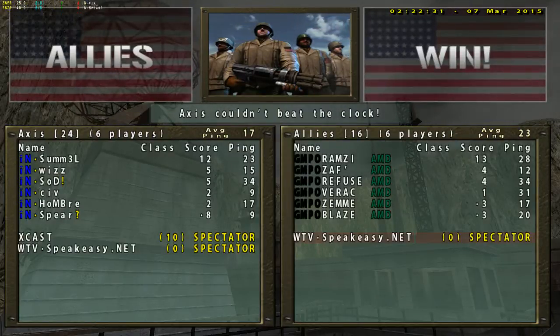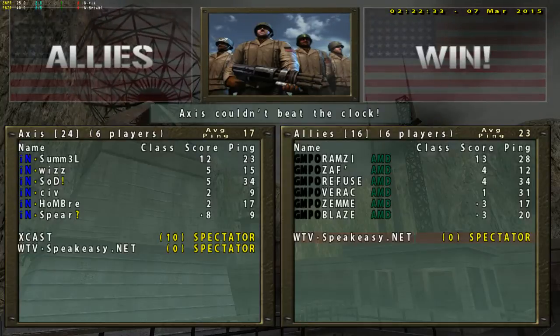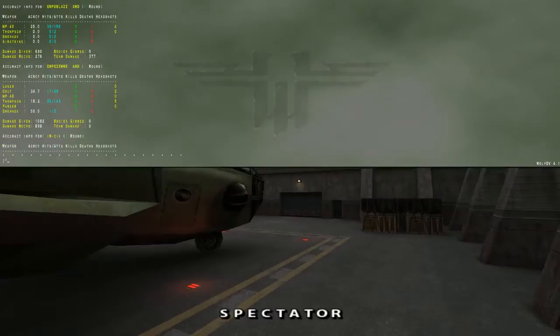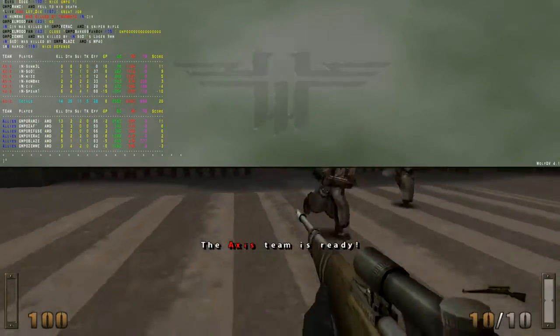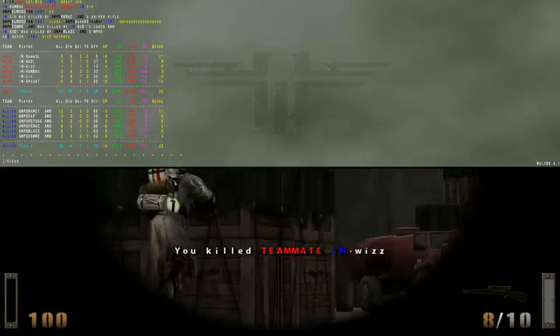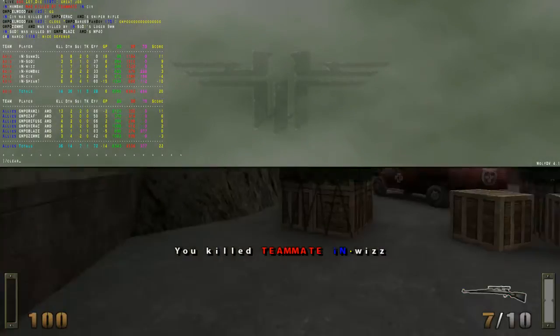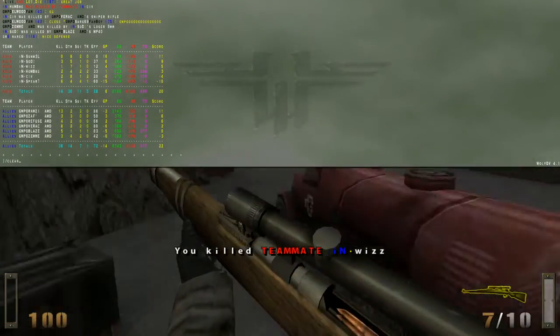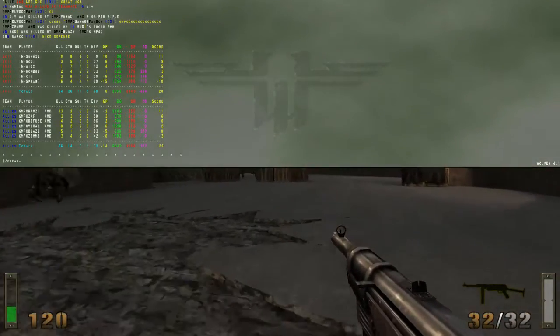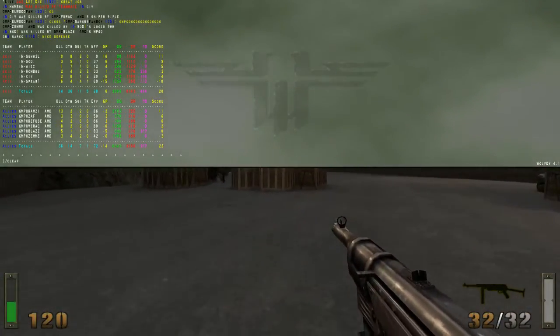iNfensus could not beat the clock. Gamepoint gains a much valued point to their little roster, their little bag of goodies. So I believe the score right now is 2-1 iNfensus. And if I'm not mistaken, iNfensus just needs one more point if they want to finish it up, isn't it? So right now, we've switched sides, so it's now iNfensus' turn to go in and set